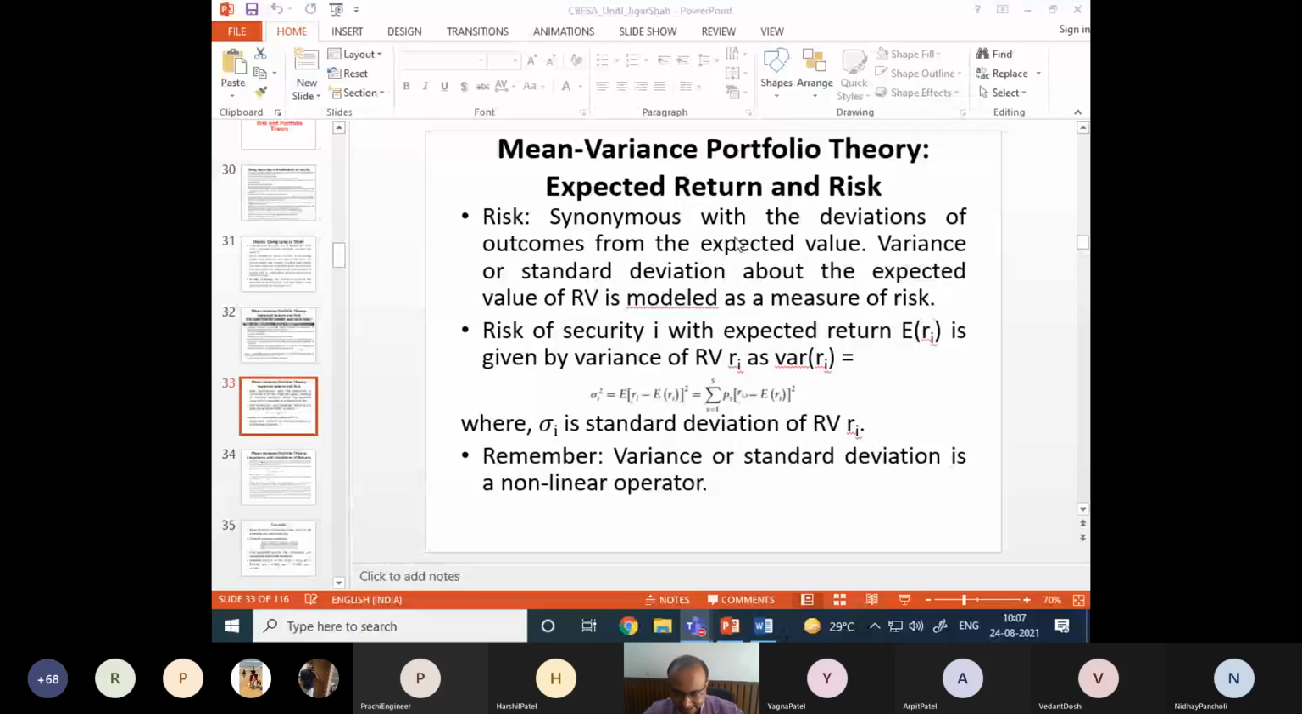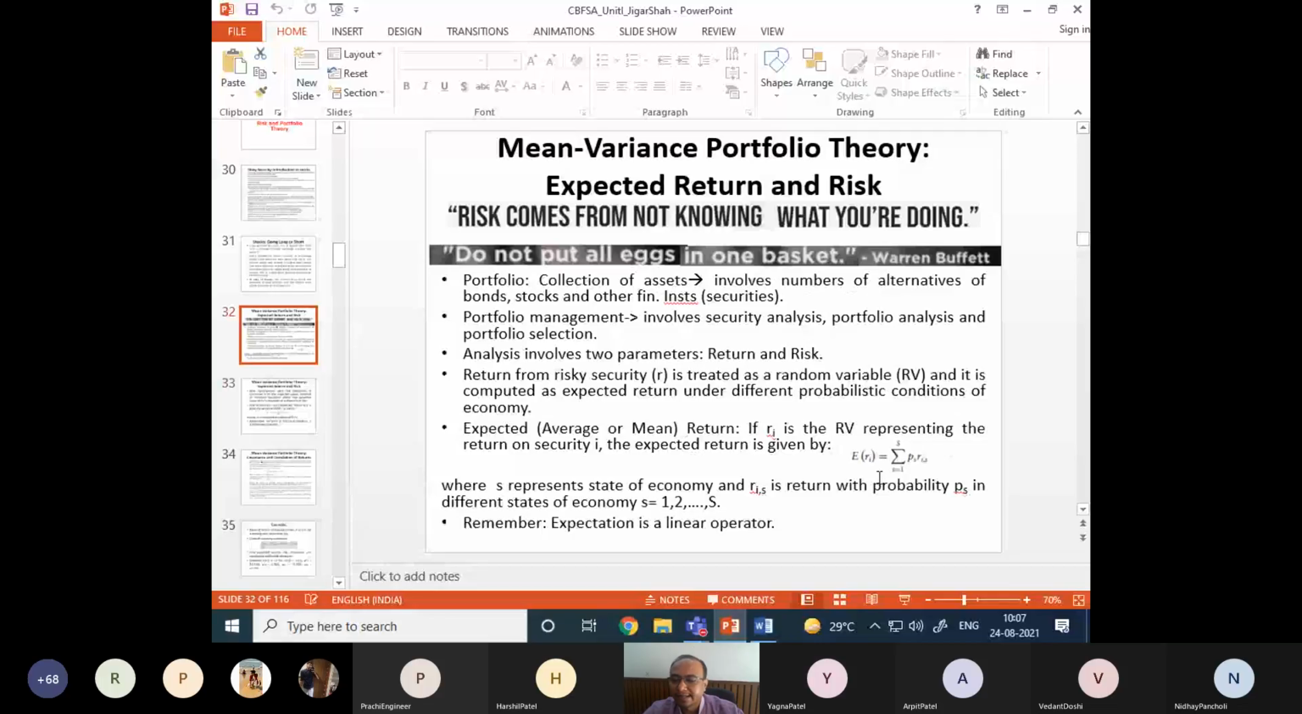So we have started with the risky security and we have defined the risk, which is measured by the variance. So we have defined what is the return and what is the risk. Return is basically measured by the expected value. If you have any security, say i, and you want to find its expected return, E of Ri, you can use this formula: sum over s equal to 1 to capital S of Ps into Ris, where